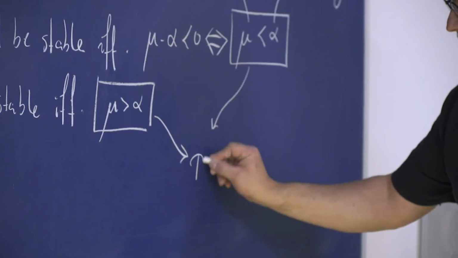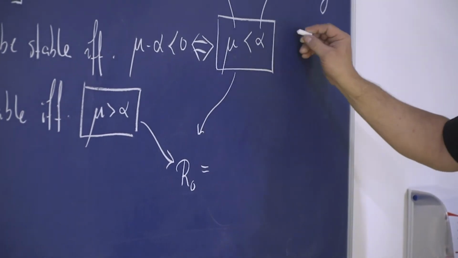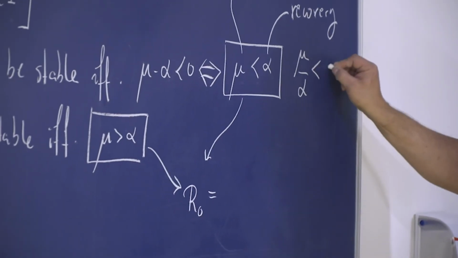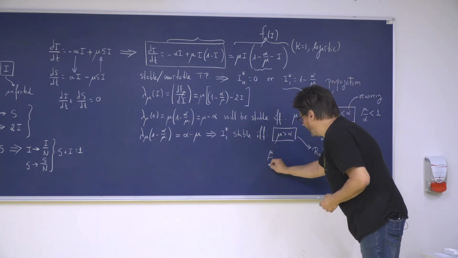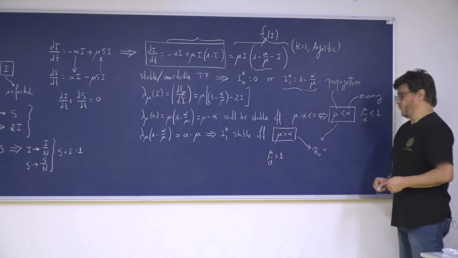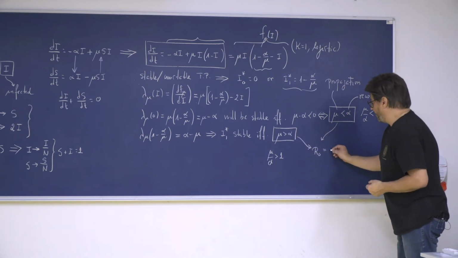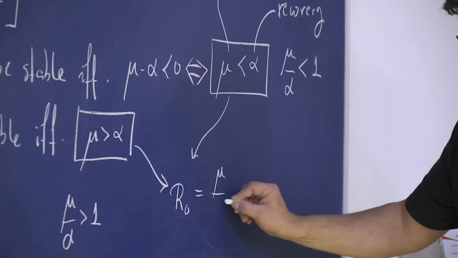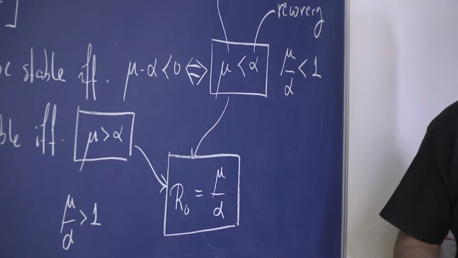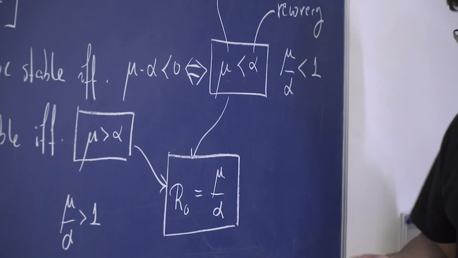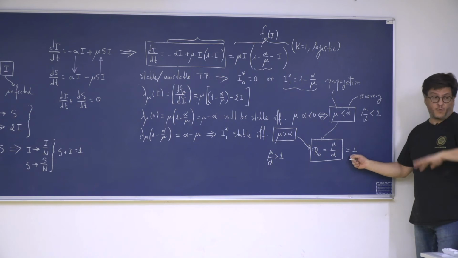If I define a parameter R0, okay, if you look at this here, for example, you could say if mu over alpha is less than 1, just dividing in both sides. Here will be mu over alpha larger than 1, right? With a single parameter that captures both recovery and infection, right? I find out one way of actually saying under what conditions propagation happens or not. And the condition of propagation is whether or not I go beyond 1 or below 1, right?